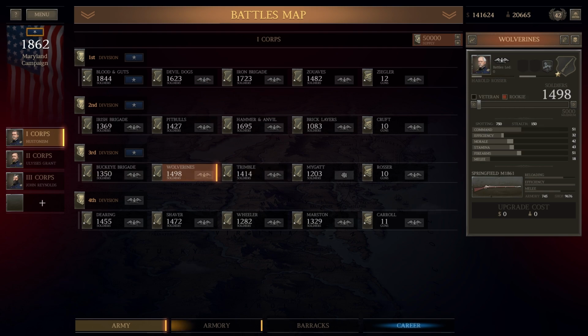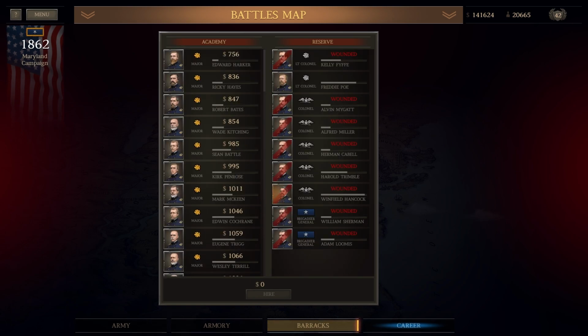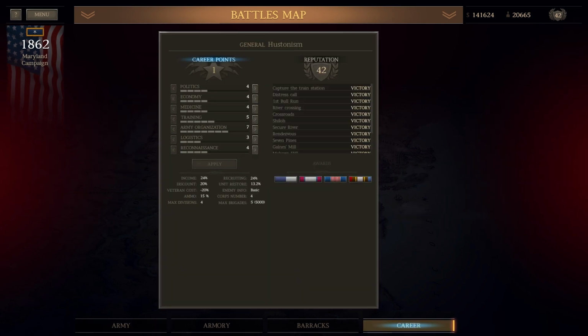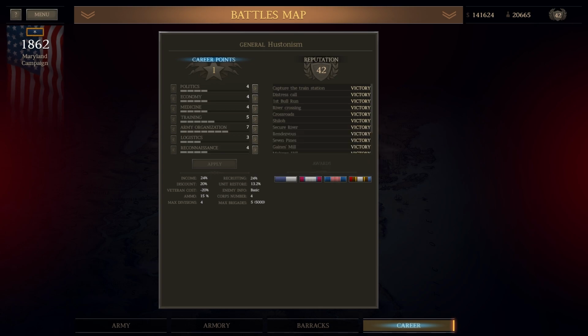I think we'll do Poe. I mean Rosser. As far as the barracks go, we have several wounded. It'll be good to have them back. So on career, we are going to do... So we can increase the amount of casualties that get healed after a battle, or